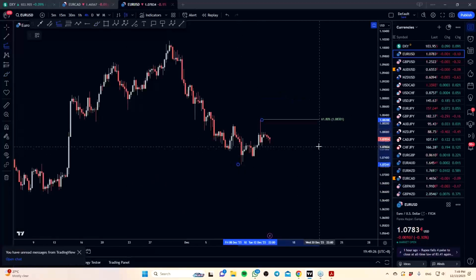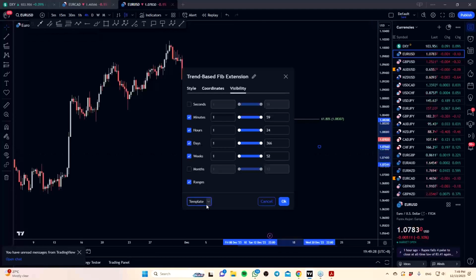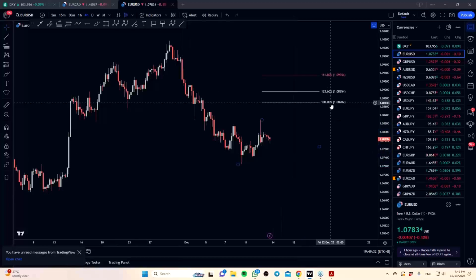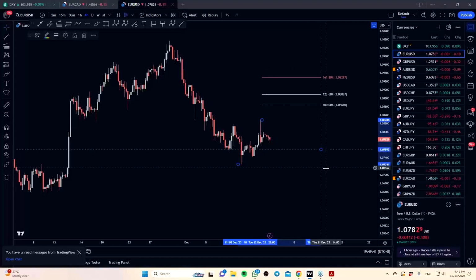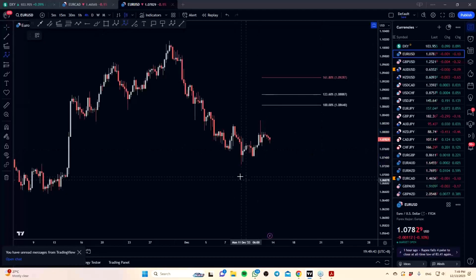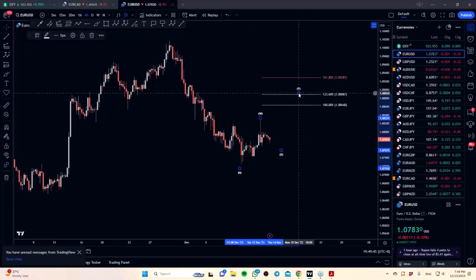Okay. So over here, that's where you can use a little bit of fibs, right? So just pull this here. Okay, and we'll be looking at the 100 and 127. Sorry, 123, right? So of course this is still developing, right? Depending on where the market pulls back, we'll probably need to adjust this accordingly. But giving you just an example, rough estimation, this would be a potential three-wave move.